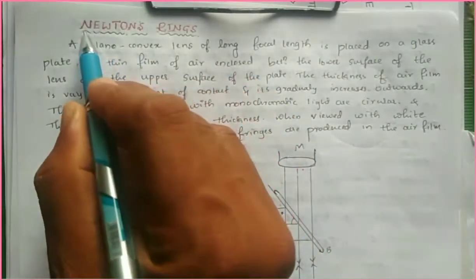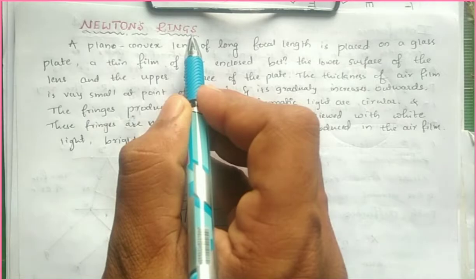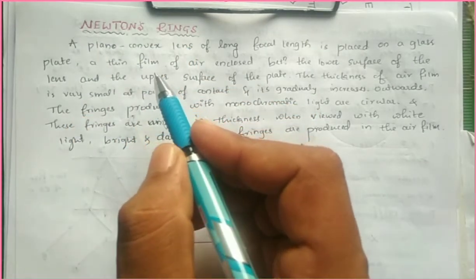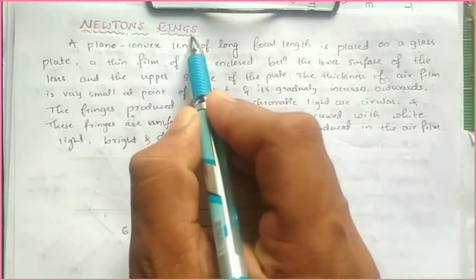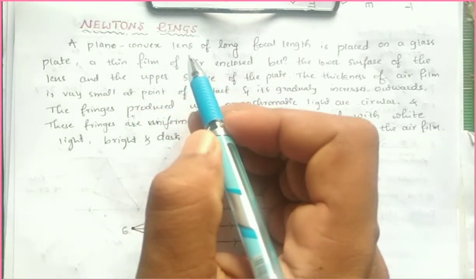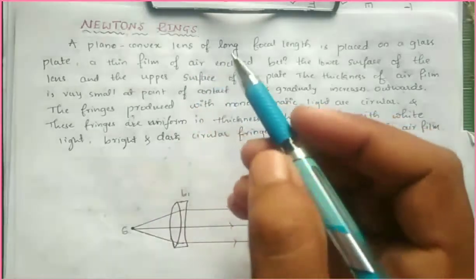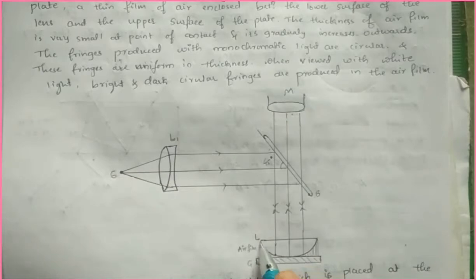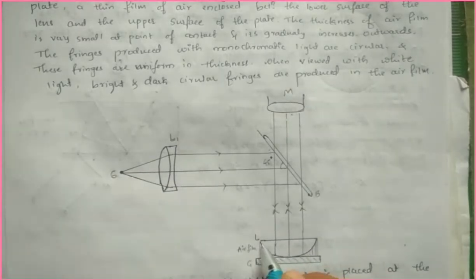Today we have to discuss Newton's rings. The scientist Newton formed the interference pattern in the form of rings, or fringes, and he used a plano-convex lens. This plano-convex lens has a very long focal length, and you have to keep it on a